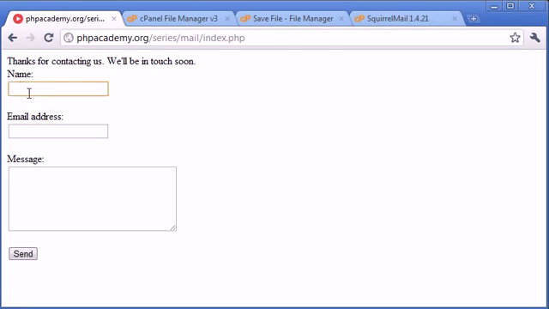We don't have a max length for name, nor do we have a max length for email address or message. So you're going to need to use the strlen function to see what size these values are. You could set a message size of no more than 1,000 or 2,000 characters. Email address I'd say no more than 50 characters, and name I'd say no more than 30 characters, or 25